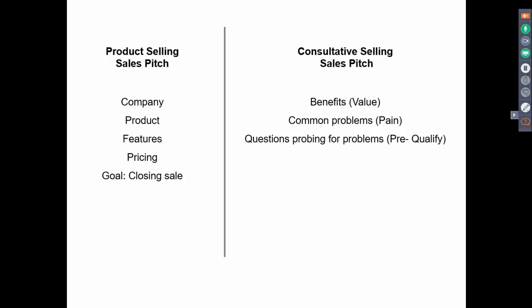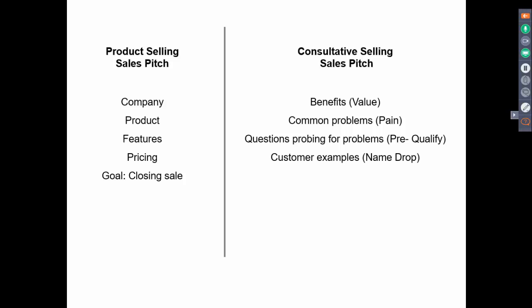If you go to the doctor, your doctor doesn't say, what keeps you up at night, or what's bothering you, or what in general in life are you concerned about. Your doctor will say, does it hurt when I push this? Does it hurt when I do this? Are you experiencing this? And the doctor does that to get to what's going on with you. Well, your questions as a salesperson should be the same.